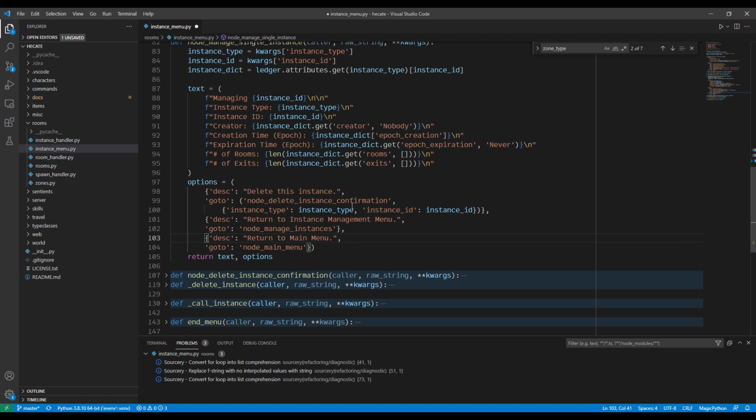And if I want to delete the instance, it gives that option. It asks me to go to info, and then I'll jump over to instance confirmation just to make sure. This is where I'd ask you yes or no. Are you sure? And here this allows you to return back to the instance management menu, which goes back to